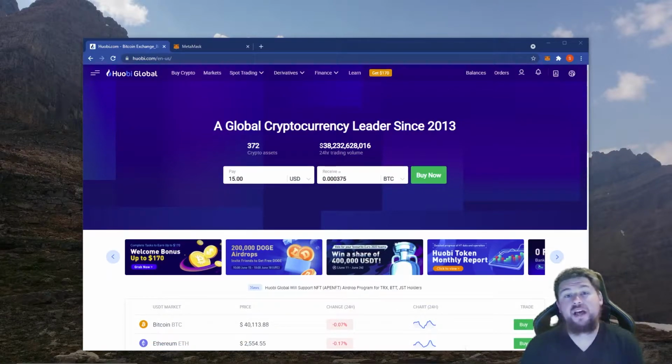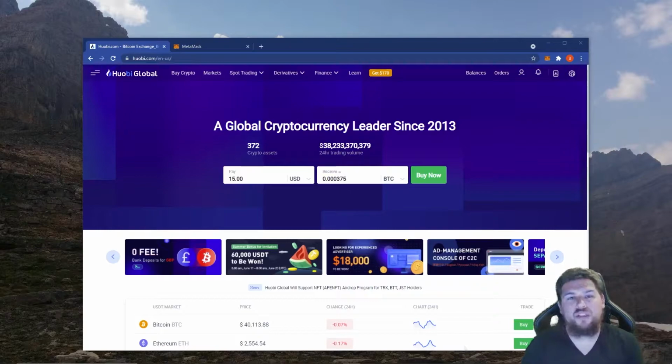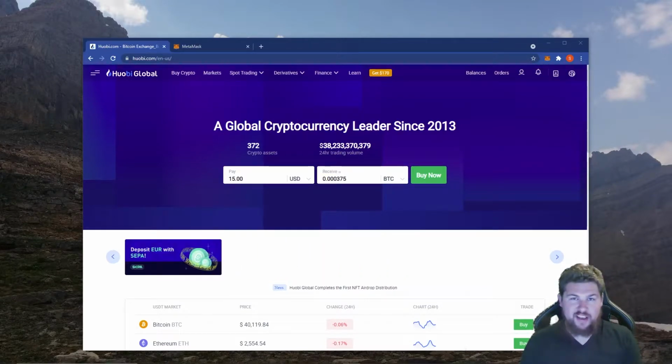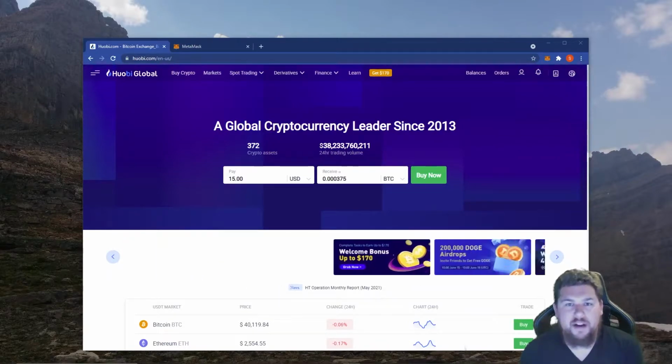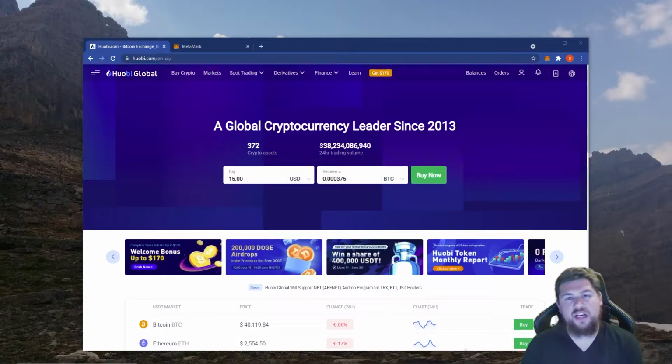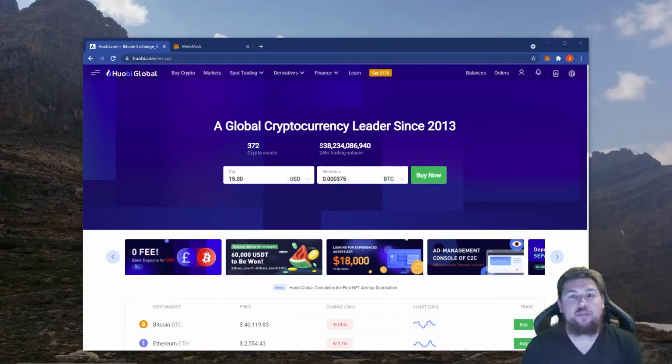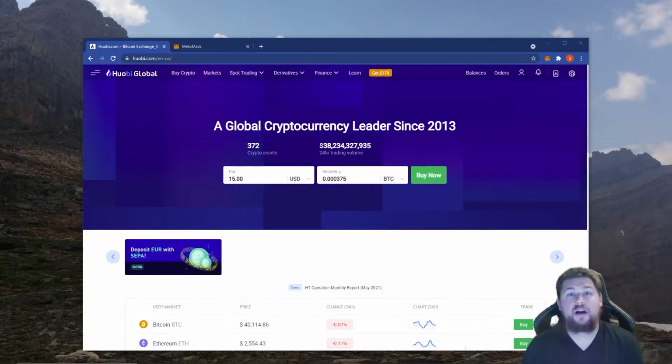As you may have heard, Elk Finance is launching next on the HECO Chain, that is the Huobi Eco Chain. And so I'm going to show you here how to get your MetaMask set up with the HECO Chain, as well as how to send HT, the Huobi token, over there for gas, and to perhaps purchase Elk on that